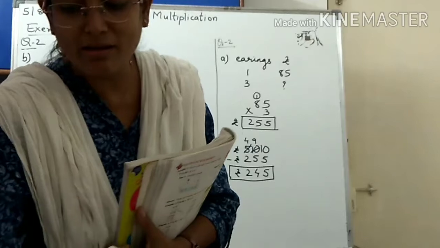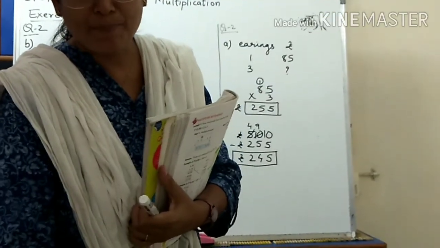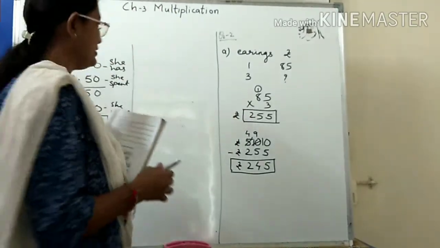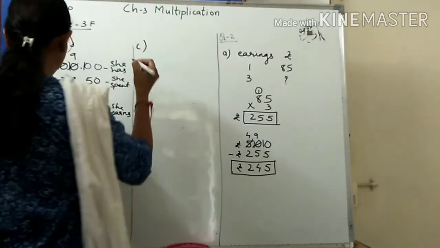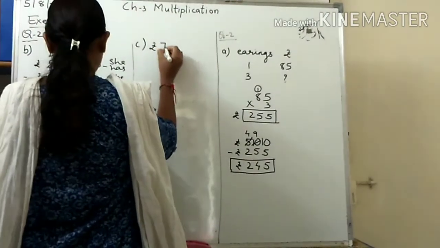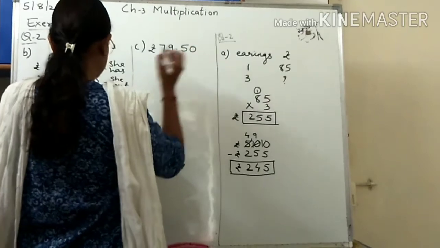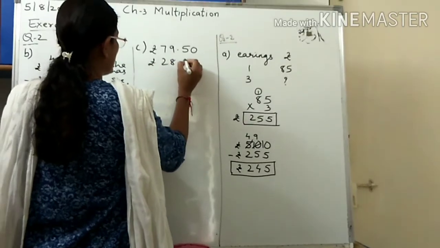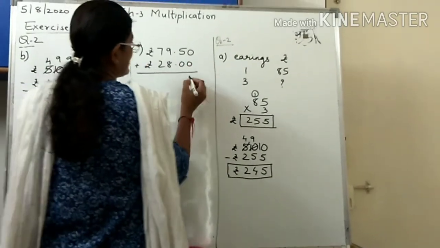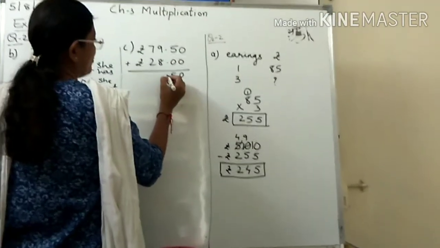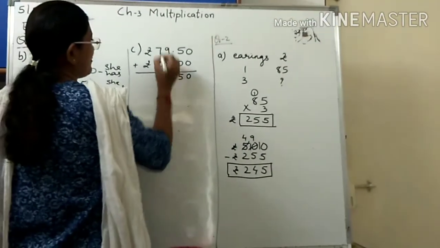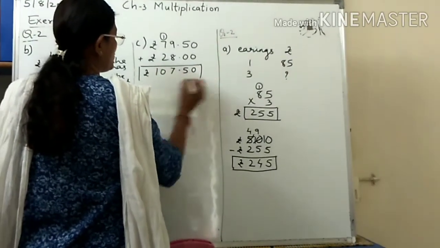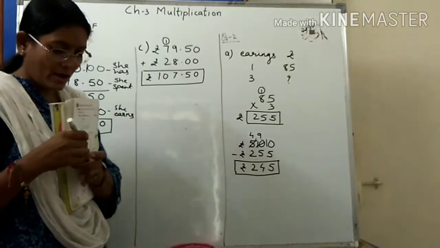Right? I think in the exercise what I have made you do is we have added first. So what we'll do here, number C. First, rupees 79.50 for the toy car, and 28 rupees for a set of batteries. These two we are adding. 0 plus 0, 0, 5 plus 0, 5, point, 9 plus 8, 17, 7, 1 carried over, 7 plus 1 plus 2, that is 10. So your toy car will cost rupees 107.50.